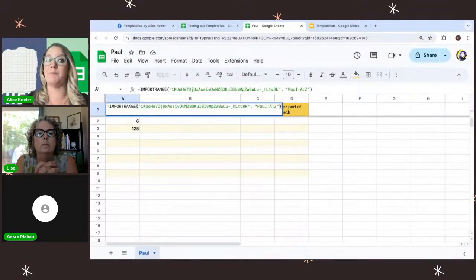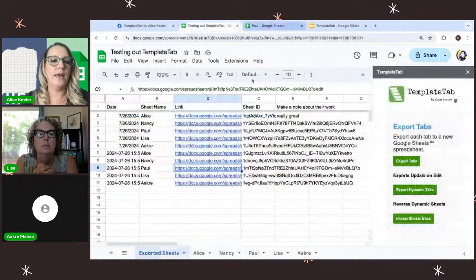So that's what the second button is. The first button is making a copy. You can edit, you can do whatever. The second button is, hey, why don't you take a look at this? And so then if I make edits on here, let me go to Paul tab and I'm going to change this